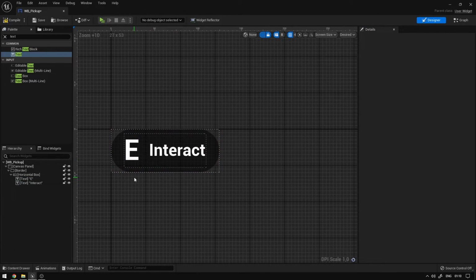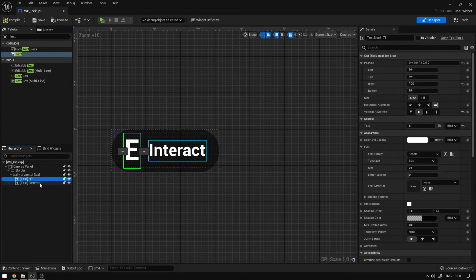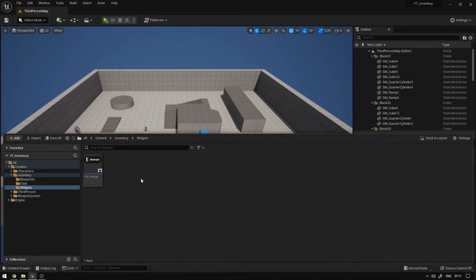Okay, now we're going to click both of these components, and we're going to check is variable so that we can change it in the pickup. Okay, now this one we're going to rename it to key, which will be our interaction key, and this one we're going to change it to text, which will be the text that we want to display over here. So we can compile and save, and that's it. So we can close this, and now we can go and add this to our pickup. So go to inventory, blueprints, open the pickup,